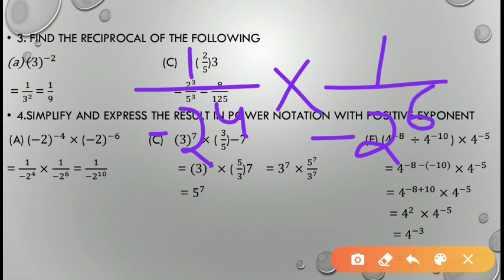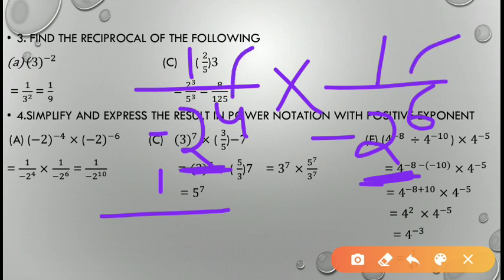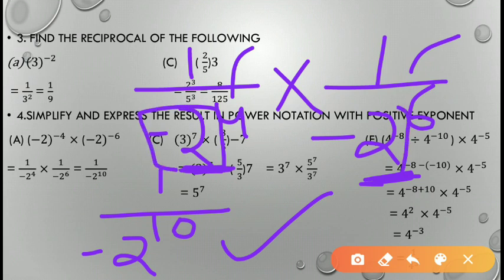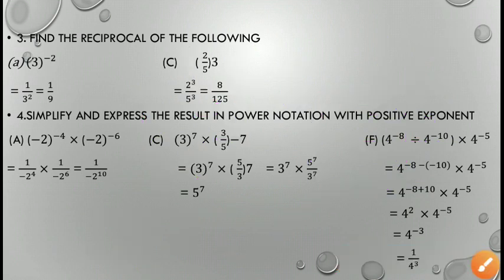Now here minus 1 will be as it is. Now if the bases are the same, the powers will be added. This is a law of exponents. Here bases are the same, minus 2, so the powers will be added, and 4 plus 6 will give you 10. This is your answer.